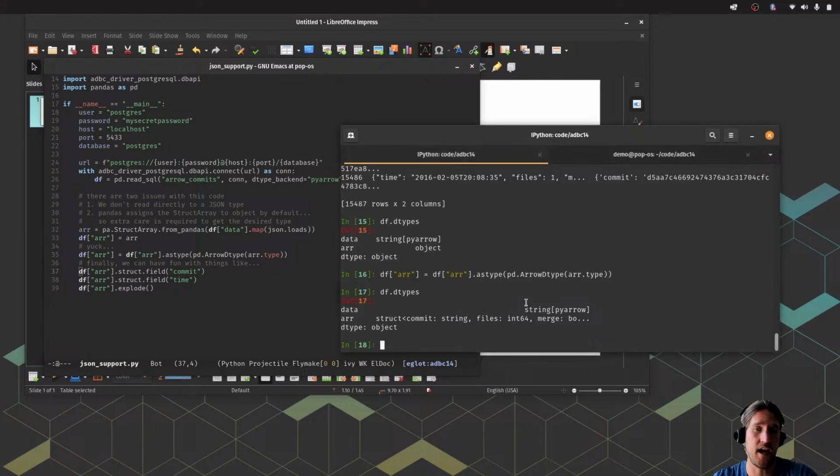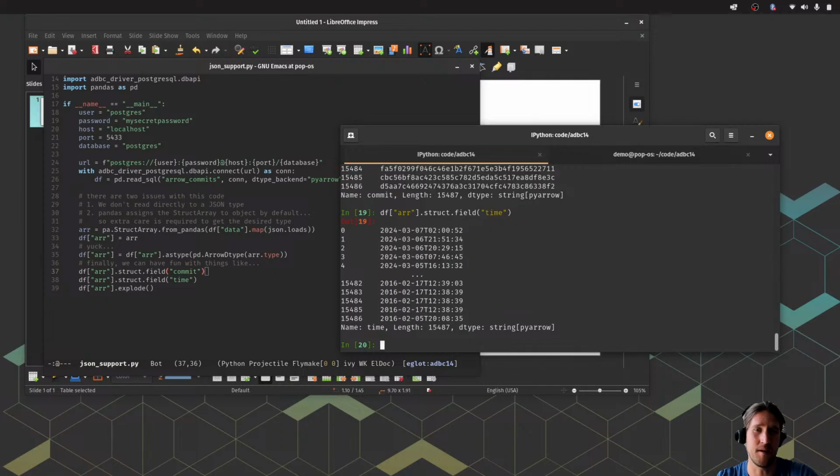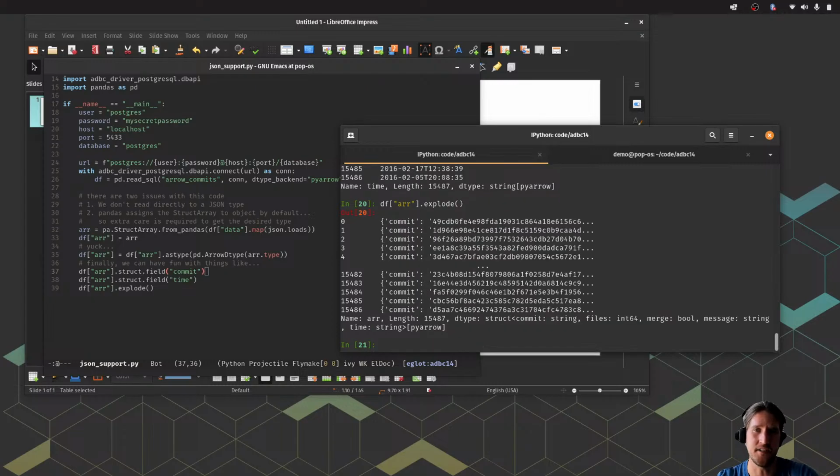But once you actually have that field in a pandas data frame, you actually can unlock these struct fields, right? So if I wanted to extract the commit field from that, I could do something like that. Just say within my, I probably should have called this JSON, but the array that I just added, it's a struct that I've created, grab the commit field. I could change that to time if I wanted to, grab the time out of that. Or maybe what I could do as a last thing here is just explode that kind of JSON